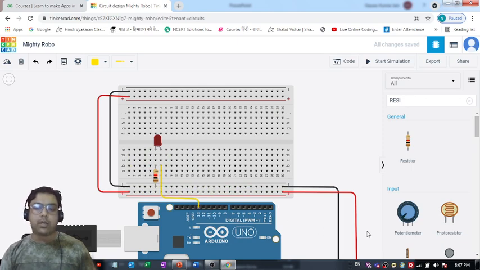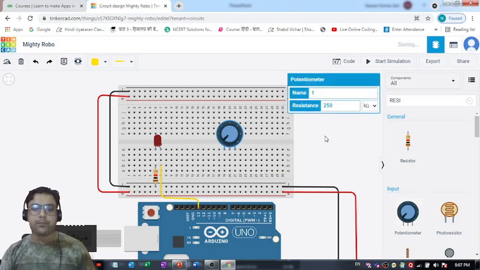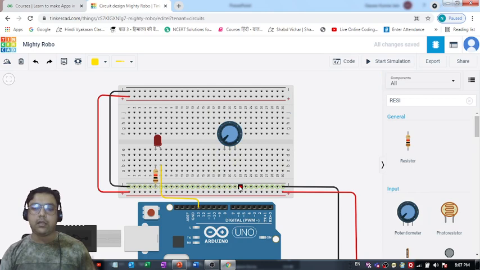Now the next thing that we require is a potentiometer. So let's bring it over here. Okay, so I am putting it over here. I think it's looking fine. And then what we can do is connect terminal 1 with this negative terminal, and this second terminal we can connect with the positive terminal.